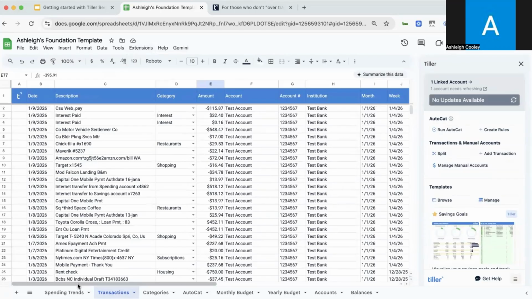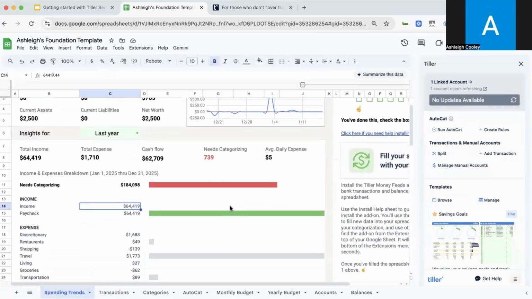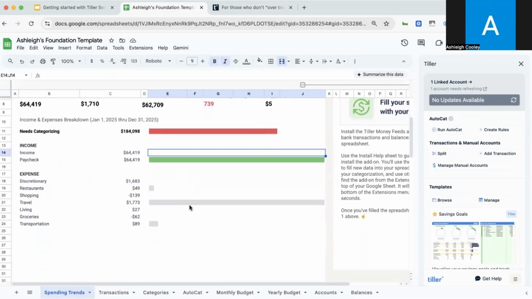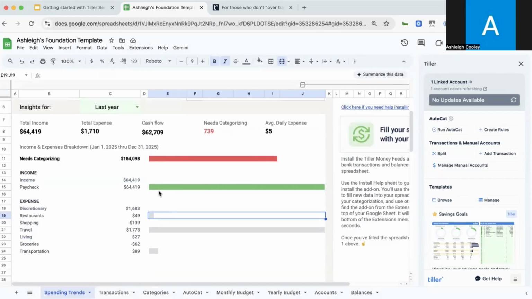Well, if I head back into my spending trends, now you see a lot more information, right? And I've got this set for 2025, so it's looking at last year. So you'll see that because I categorized my paychecks as income, that's now showing up here, showing that amount. If you come down here, you can see we've categorized some travel, we've categorized some restaurants, some shopping, groceries. So all of these things that we just went through and categorized are now giving us insights into our spending